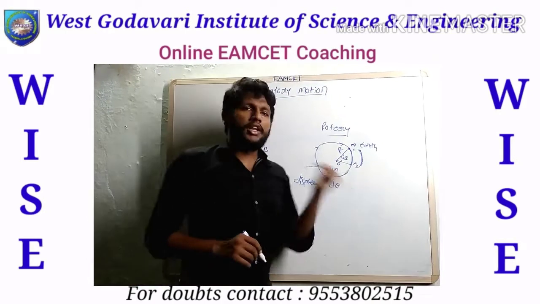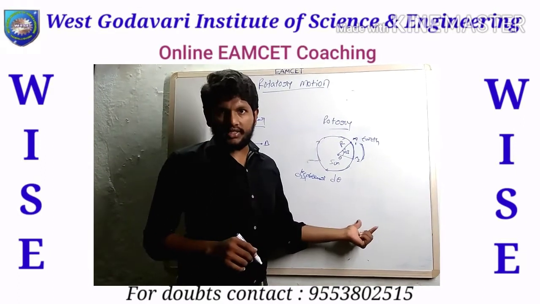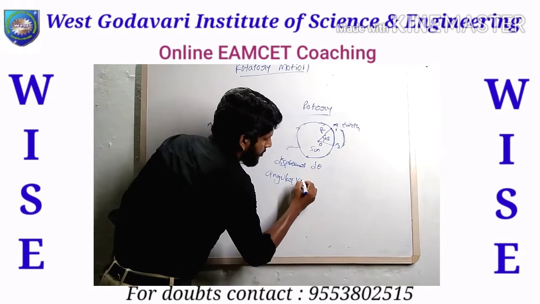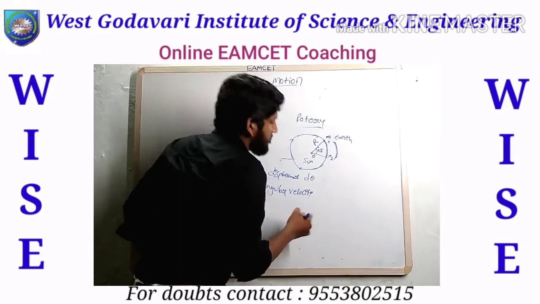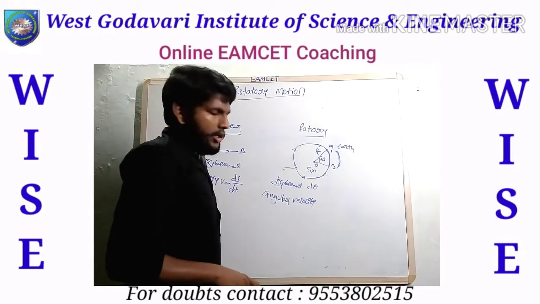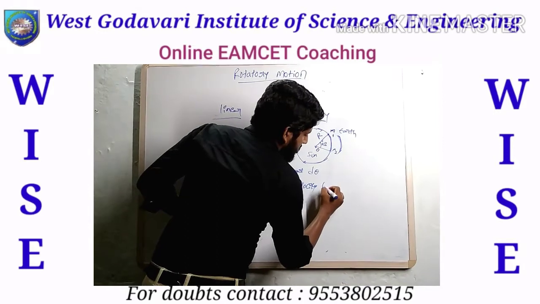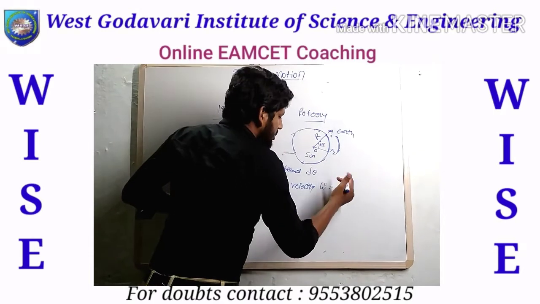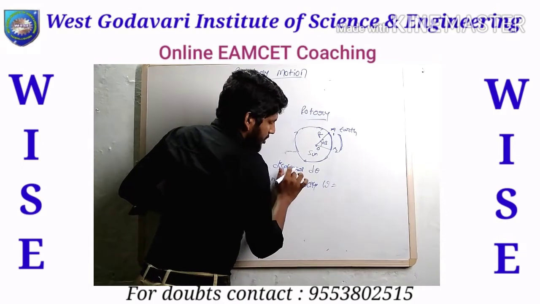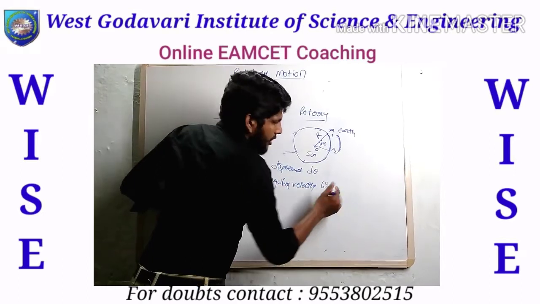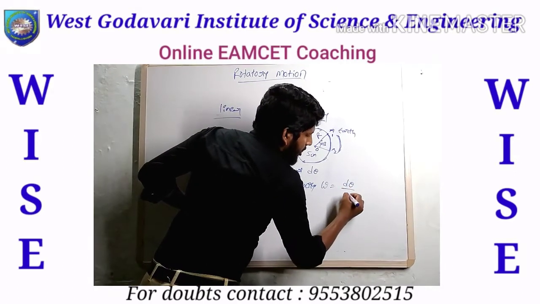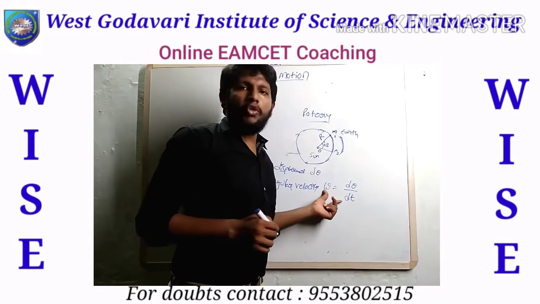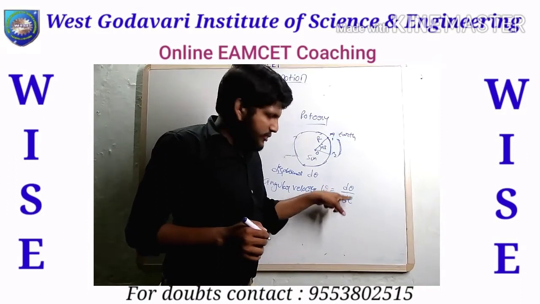Now coming to rotary motion, how can we calculate velocity? That is also known as angular velocity, right? The velocity which is going to be with some angle. Simply, angular velocity can be denoted with the help of omega. Omega equals the rate of change of displacement per time. So here it is ds by dt, and here d theta by dt. This is omega, the rate of change of angular displacement with time.